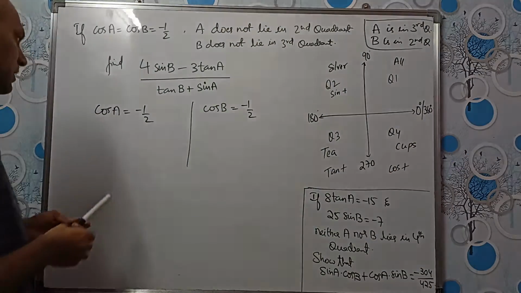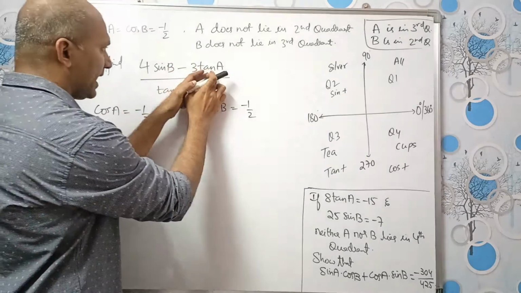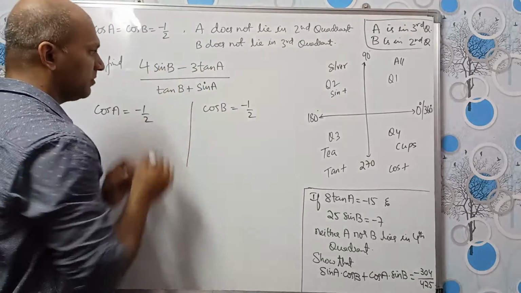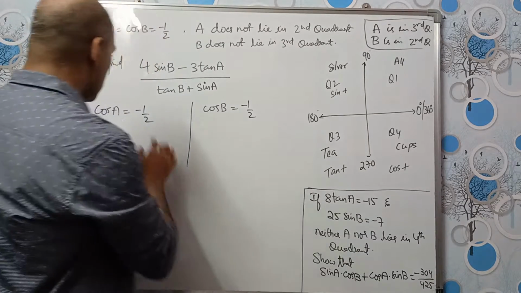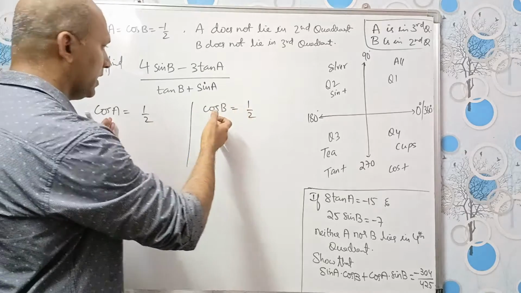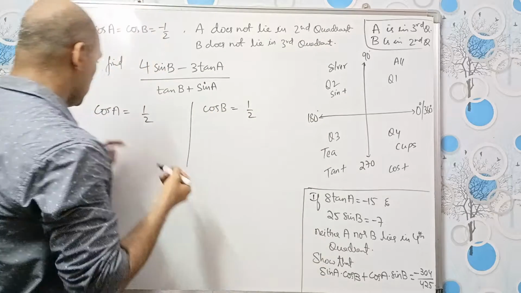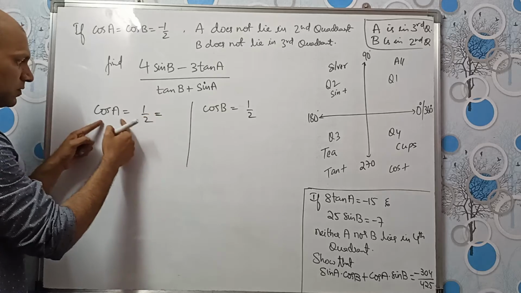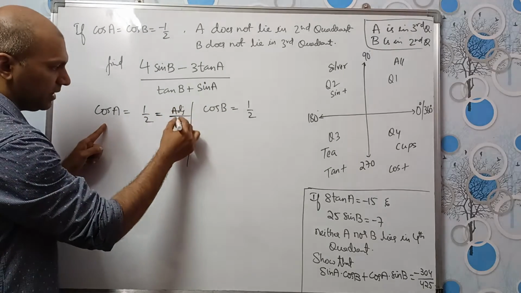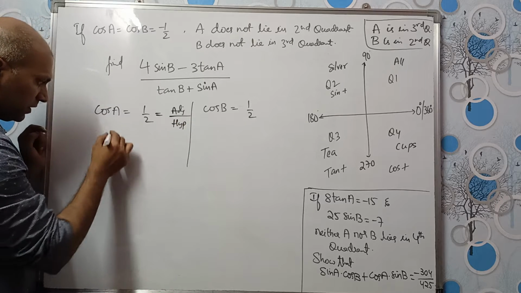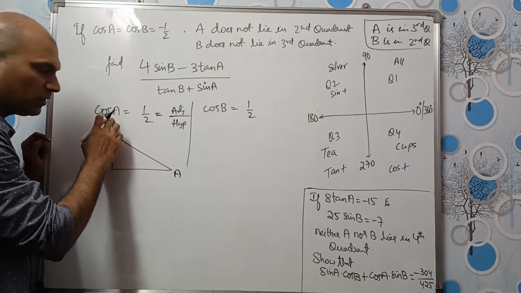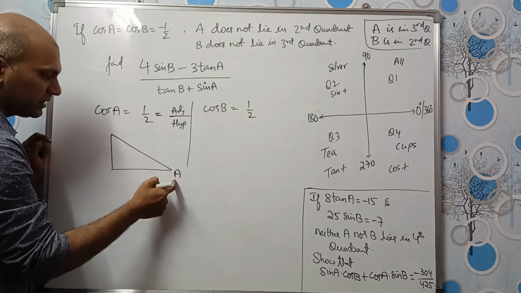Now, let us find what is tan A, sin A, tan B and sin B. Okay. See, let us forget about the signs for a while, because we know where A and B lie, right? Okay. Now see, we know the cos formula. What is the cos formula? Adjacent divided by hypotenuse, right? So if you take a right angle triangle and if angle A is here, because we are dealing with cos A now, right? So A is being considered.